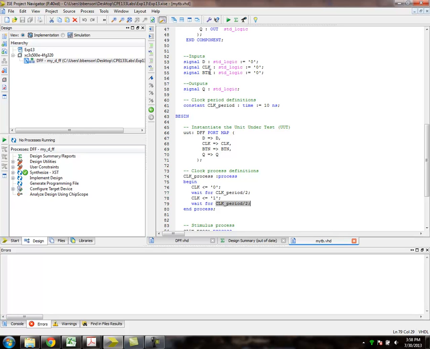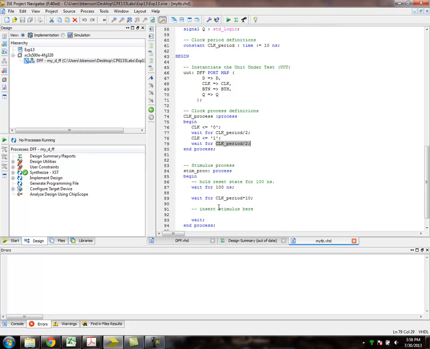Remember we have a clock, button, and D, so I'm just going to put in some dummy values just for illustrating the purposes of this clock and the D flip-flop. So let's go ahead and first enable our button and make D a 1. Then we can wait for a while. So if we wait for 30 nanoseconds, 3 clock periods will go by, and then we could say D gets 0,